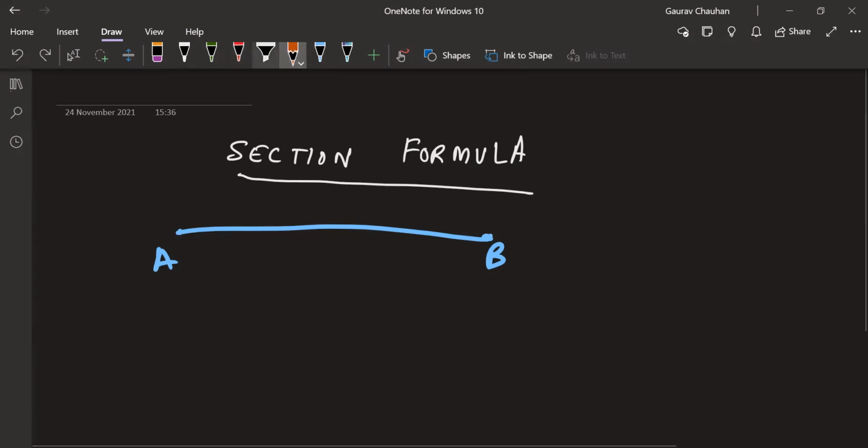Now suppose I have to divide this line segment in any ratio, a simple ratio. Let's take 3:4. What do I mean by that? Yes, Manisha? What do I mean by divide this line segment in the ratio 3:4? Will 4 parts be enough? We have seen that. Basically what it means is 7 parts. Yes, Manisha. So I'll take 3 parts here and 4 parts here.